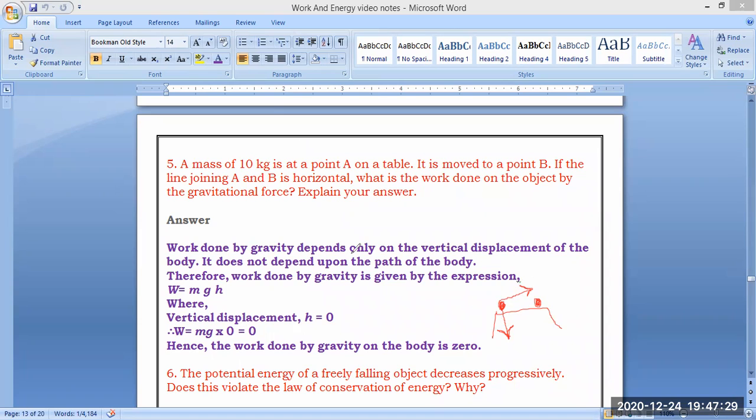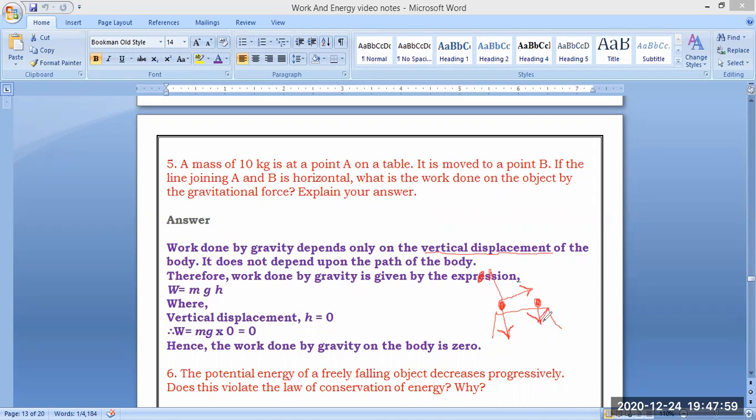Work done by gravity depends on vertical displacement. There should be a vertical displacement, but in this case the object is in horizontal displacement. If the object is kept somewhere, we can calculate the height of the object. So mass is given, height is given, acceleration due to gravity we also know, so we can calculate the work done. But the object is in a horizontal plane, so what happens: there is an acceleration due to gravity